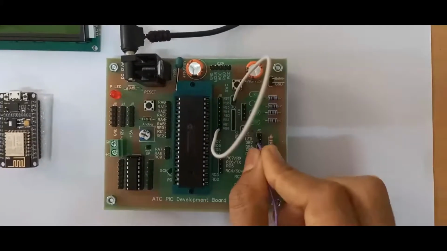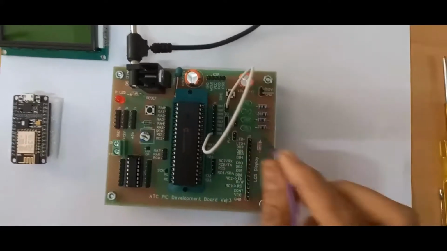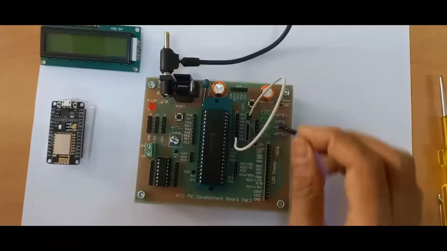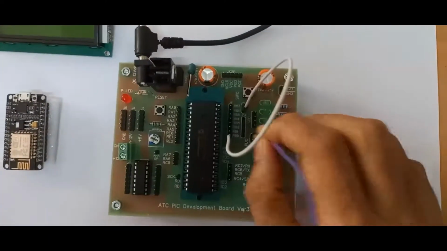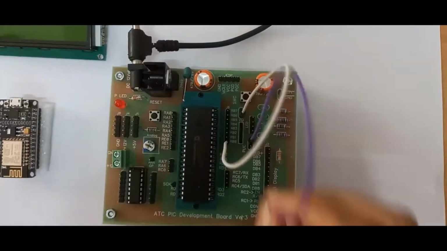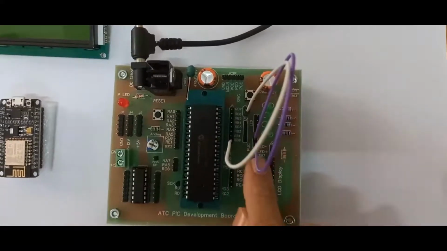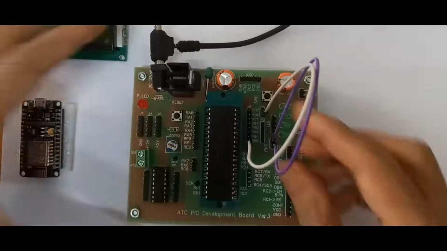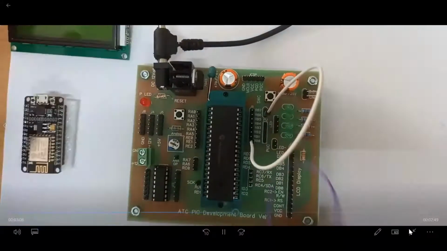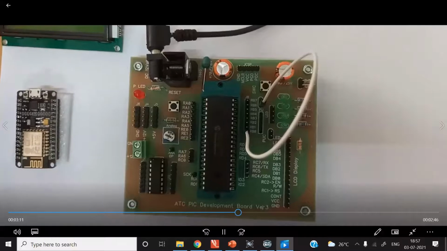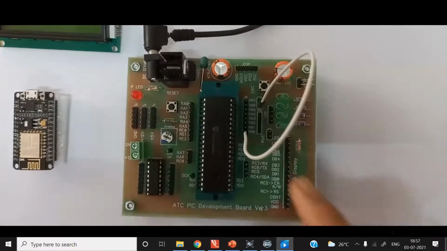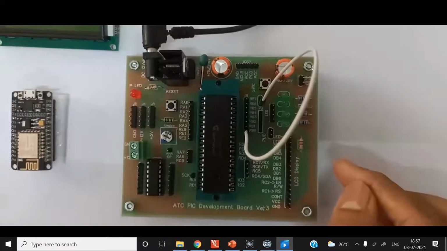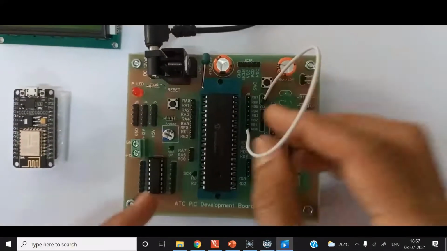This common pin is connected to this pin of the buck strip. So to bring this pull-up resistor into circuit, just short circuit these 2 pins. Like I am putting one jumper wire here, like this. Now 5 volt is connected to the pull-up resistor. Pull-up resistor is now active, and when you remove this wire, this pull-up resistor gets disconnected. So depending upon whether you require pull-up resistor or not, short circuit this buck strip. So if you don't want to use this switch, remove this wire.